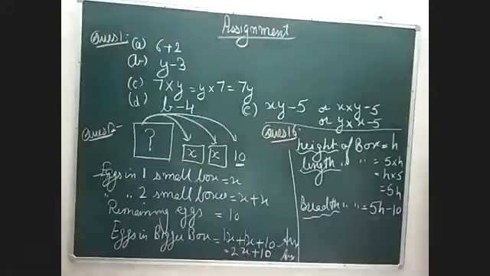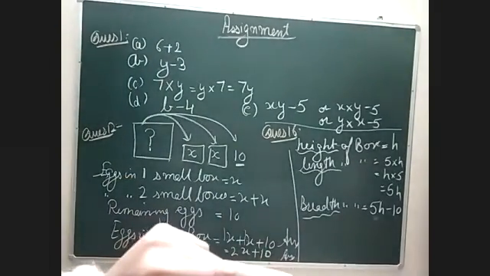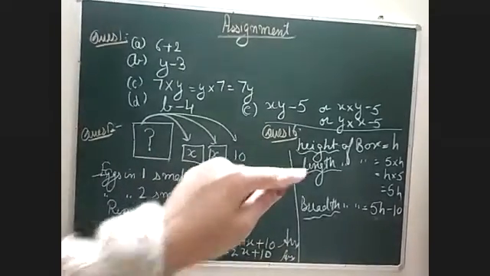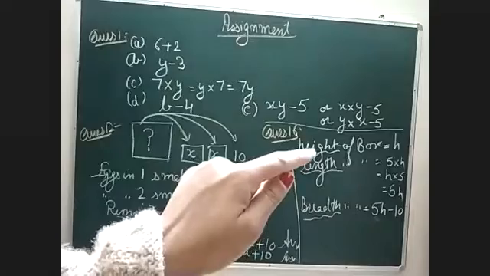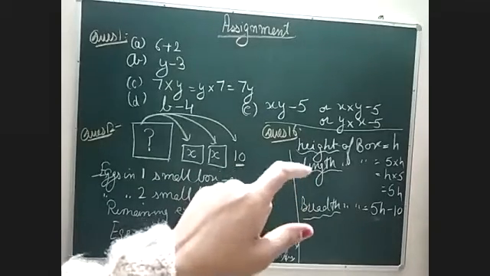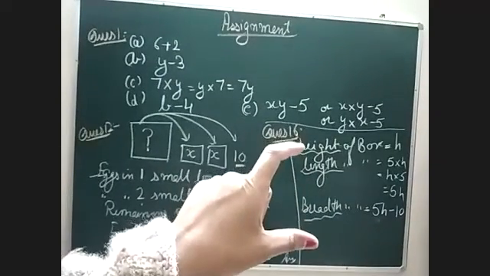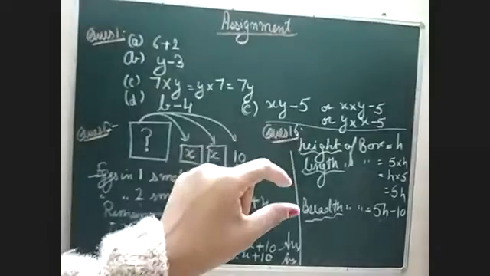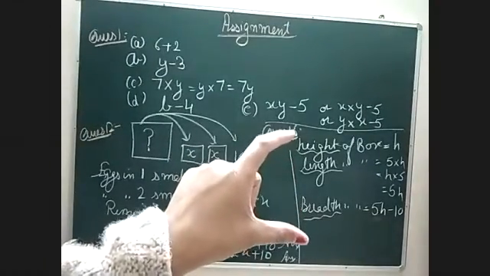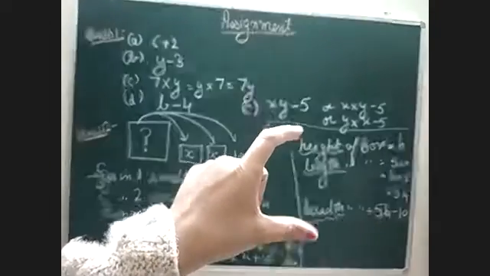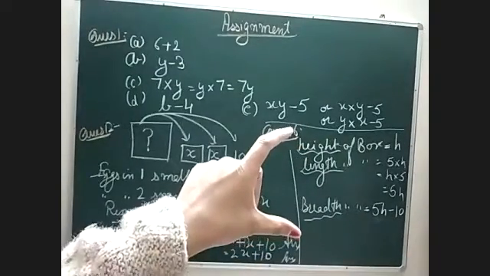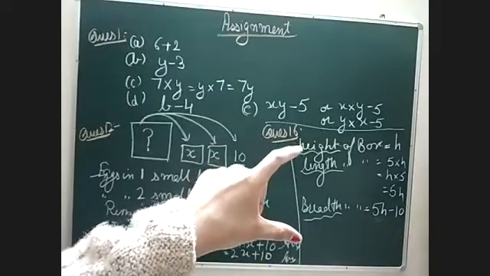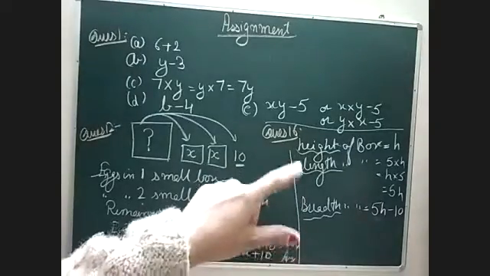Whenever you are given a plane figure, and the word is written, find the dimensions, that means you are going to find length and breadth. But whenever the word cuboid or cube or something with 3 dimensions is written, then you have to write all three: height, length as well as breadth, as it is a 3D figure. For 2D you have only two things, length and breadth. But when it is a 3D figure like a cube or cuboid, then you will write height, length and breadth, all three things.